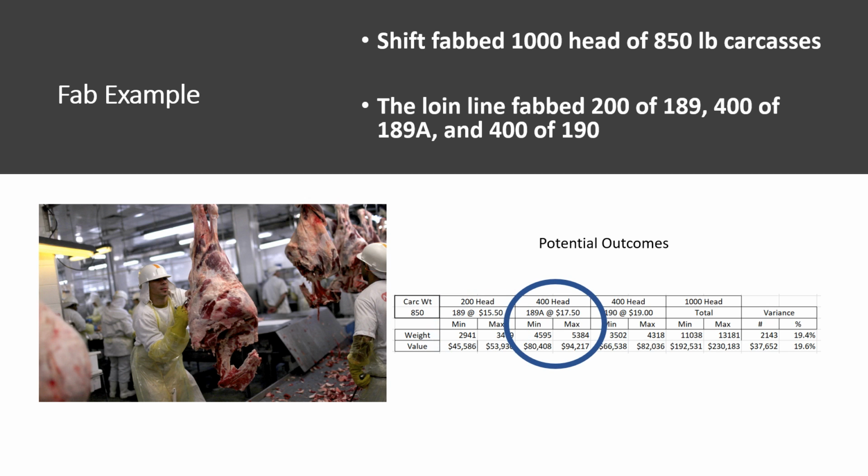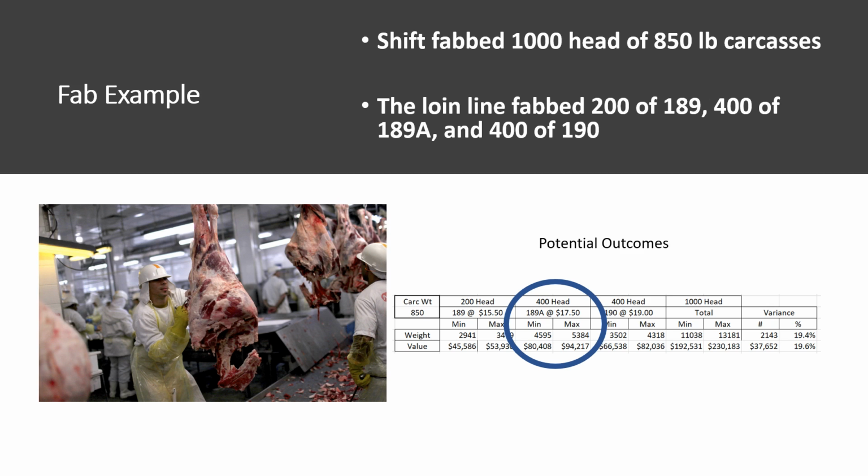400 head for the 189A, same situation. The minimum is 45.95, the maximum is 53.84. That's almost an 800-pound variance that you see there between those two. Again, using 850-pound carcasses,